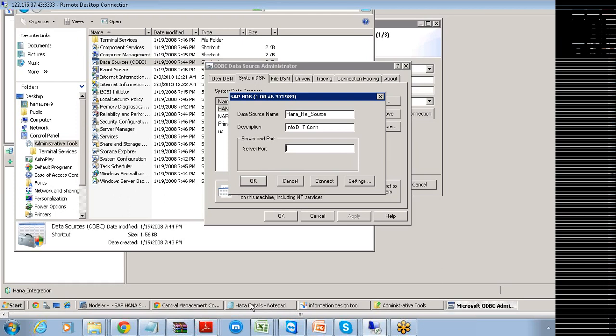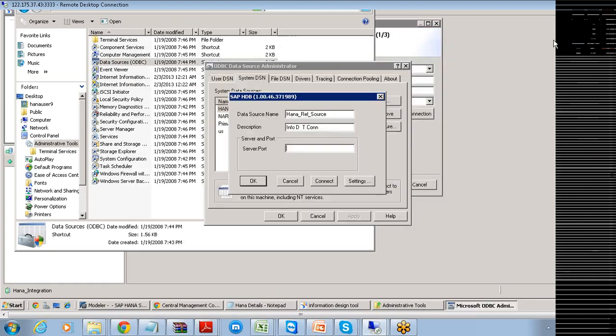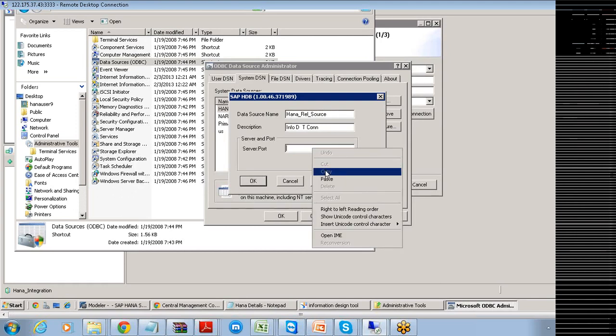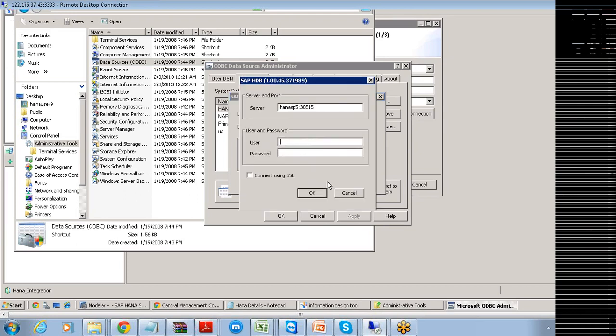Already we have this server and the port, right? Where is this one? The server and the port is HANA SP5:30515. Specify these things and click on this Connect button.